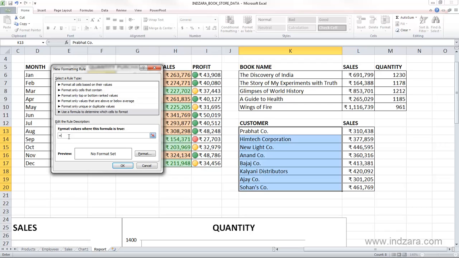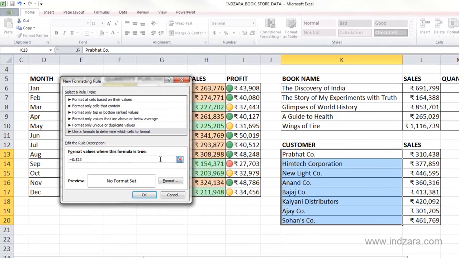We can type equals, because that's how all formulas should begin, and say cell L13, because we want to compare the sales, is greater than 4,20,000. And now you should expect the cells greater than 4,20,000, and we want the customer names to be in